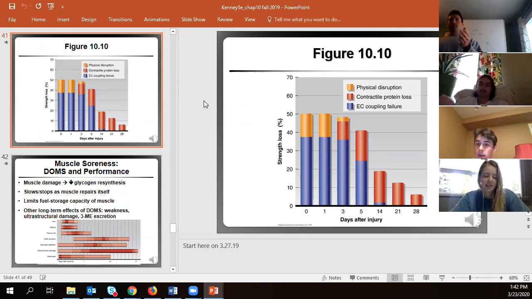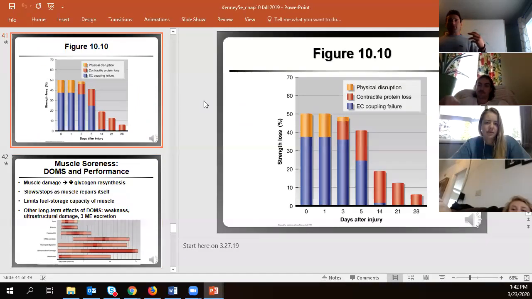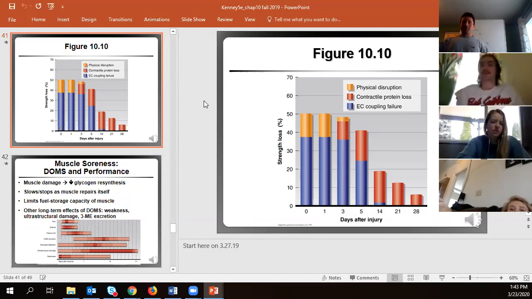Now, on the first day, the third day, and the fifth day afterwards, the excitation contraction coupling wasn't working. They were sending the signal from the brain, it just wasn't able to go into the muscle fiber. Along with that, there was the loss of the contractile fiber. And notice after 1 full month, some of these folks still had a decrement in their total force production,